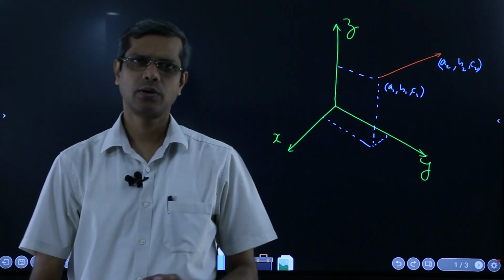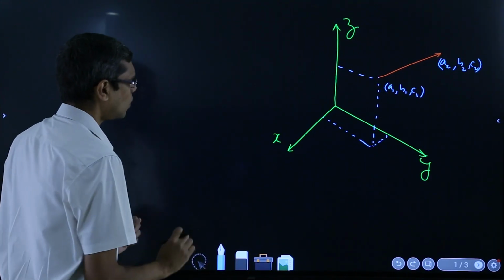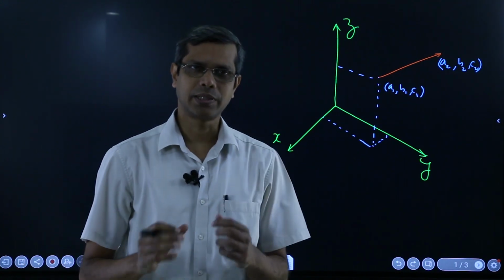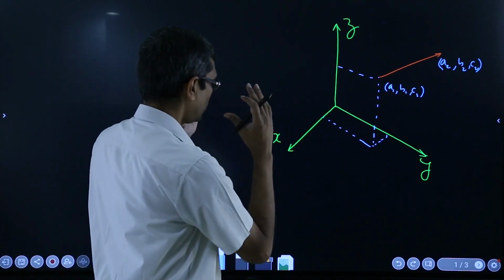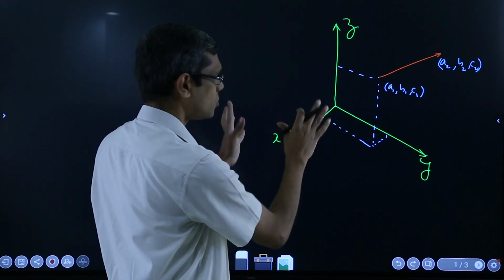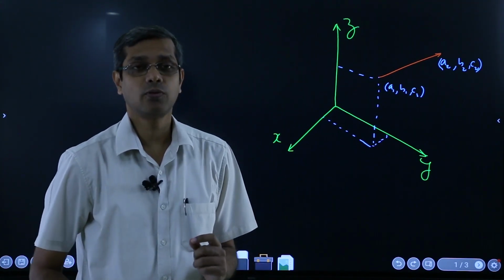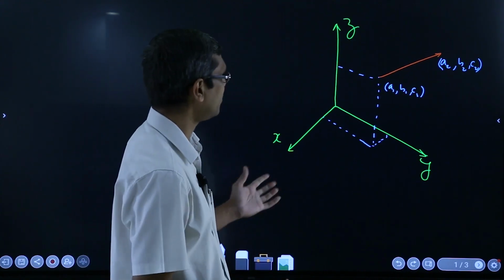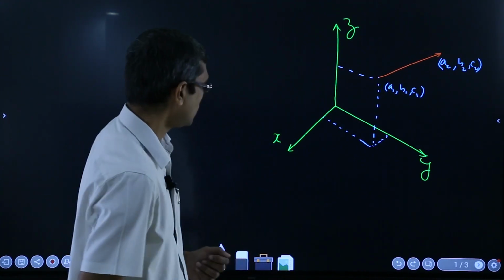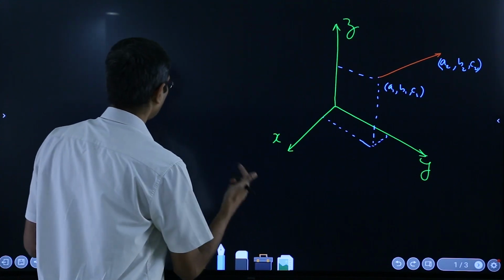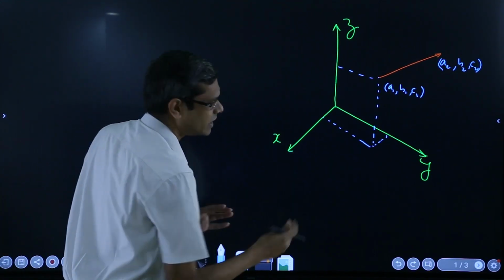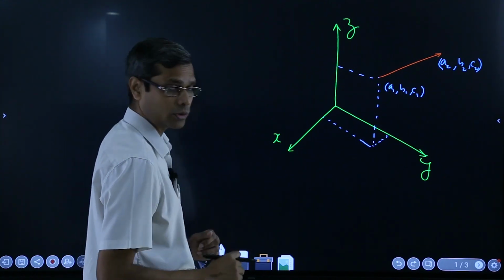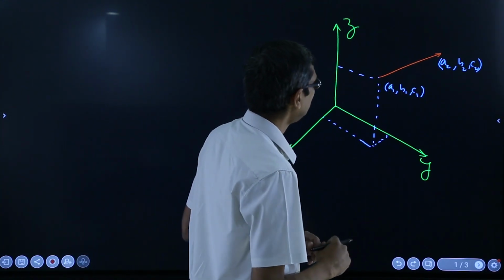okay. Now if you want to represent this vector mathematically, because to visualize somebody has drawn it, it's fine, but if you want to calculate something with it, you can't just do that from the drawing, right. So for that you will require it to be in a mathematical form. Now to do that, what would you do? You have to think that